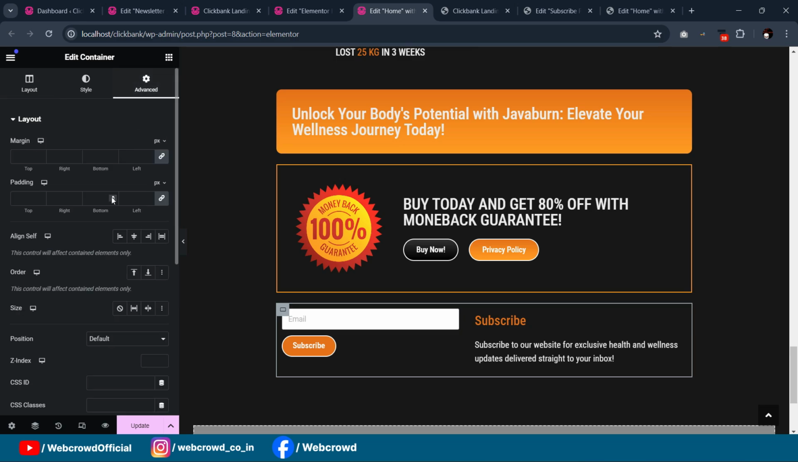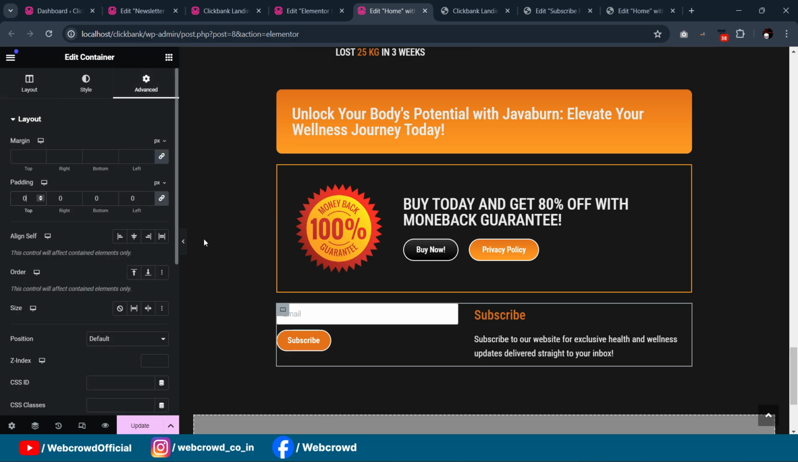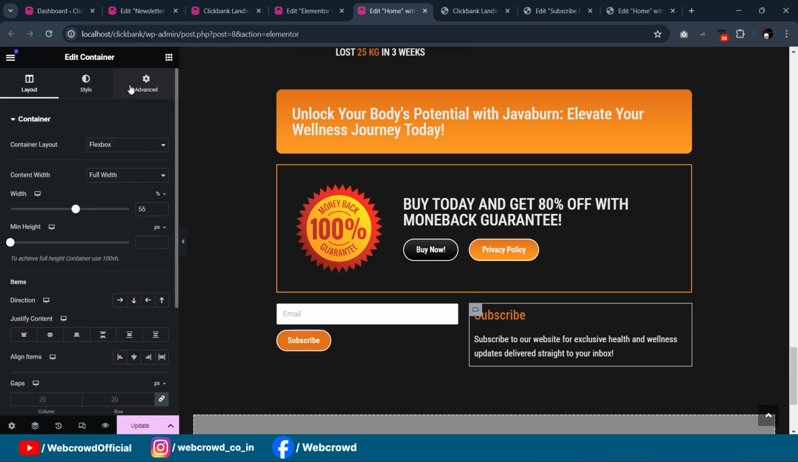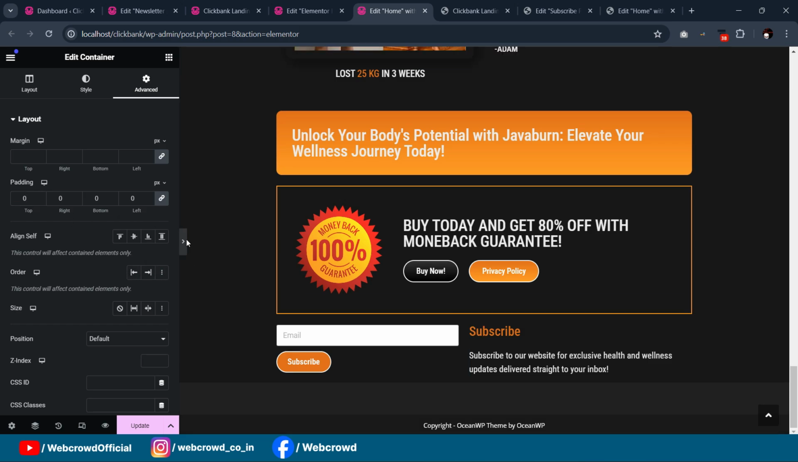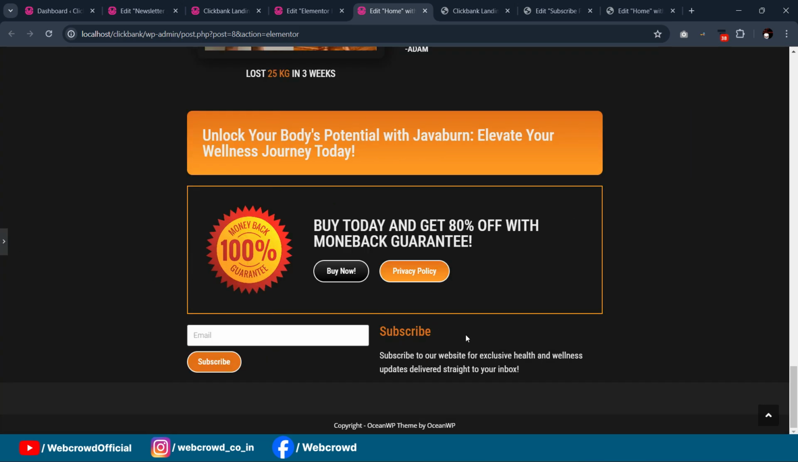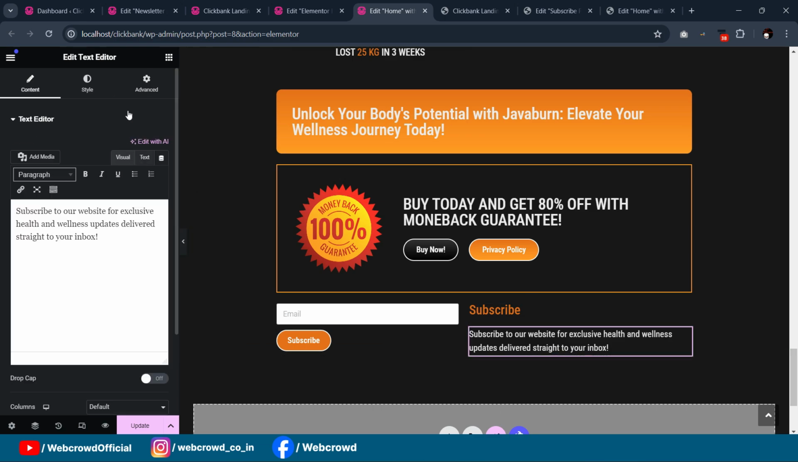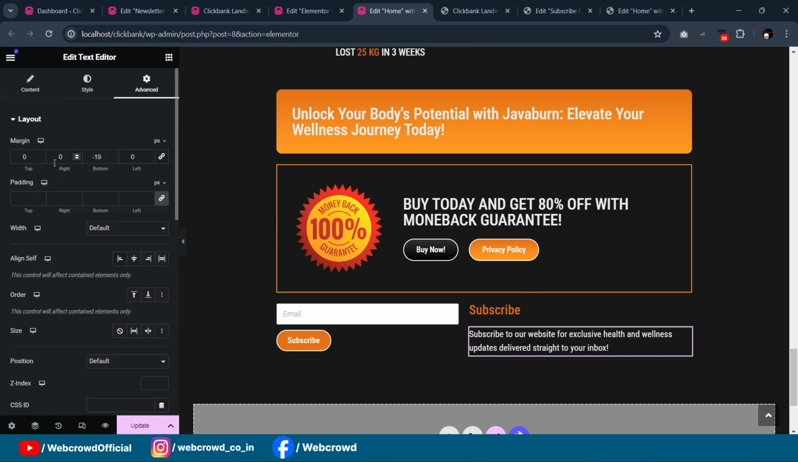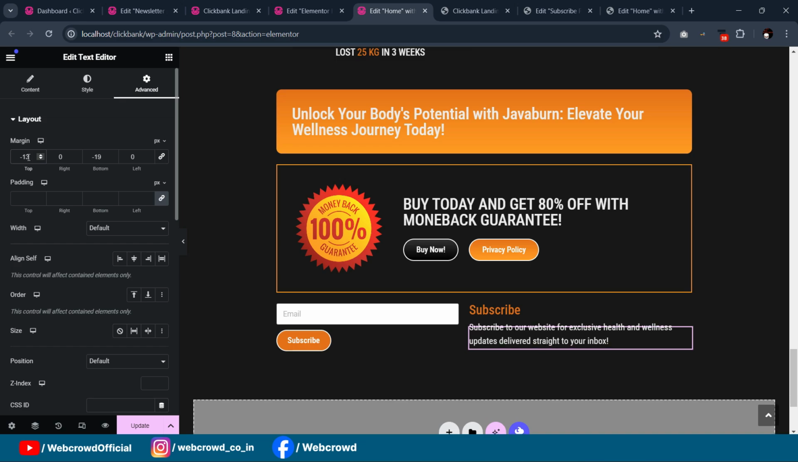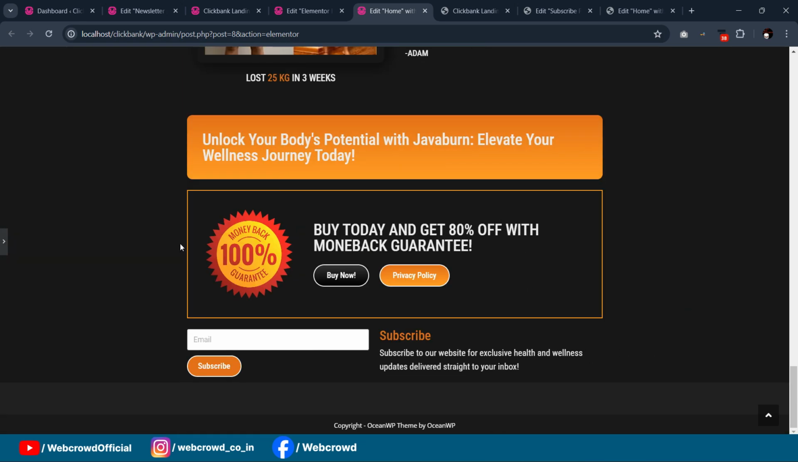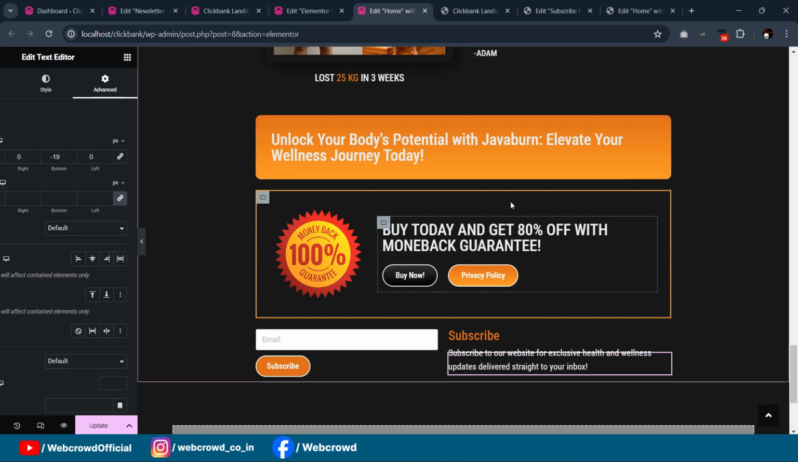remove the padding from here as well. And we'll just reduce the margin from the top side. So here our pop-up form is also ready. Okay,